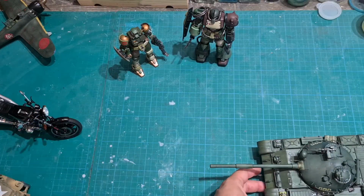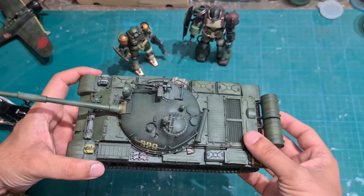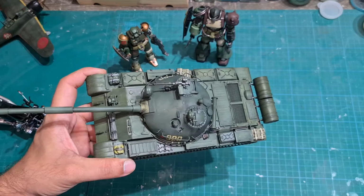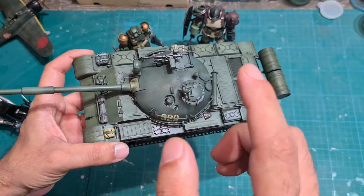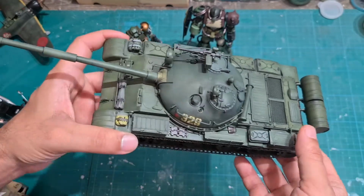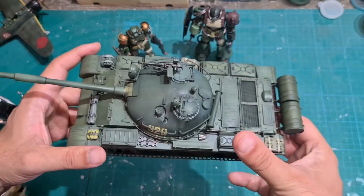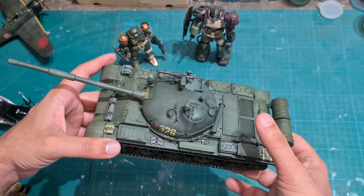And then I built this tank recently. With this tank, I haven't released the build video at the time I'm filming this video, but it should come out before this video comes out. When I built this tank, I chose not to chip it. And that was my choice, okay? I chose not to chip it. I did all the weathering, and in the end, I chose not to chip it. And I'll probably get some flack for that, but you know what? Who cares? I did what I wanted to do, and I was happy with the result at the end of the day. Okay, and yeah,